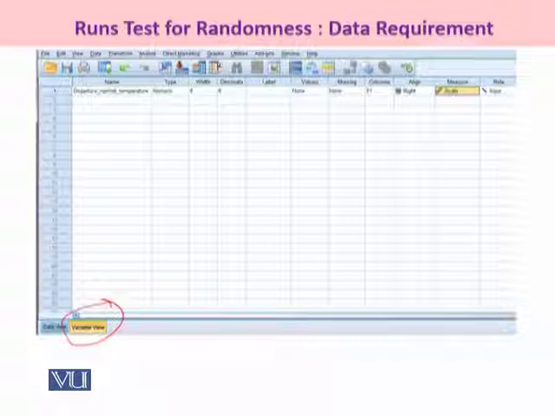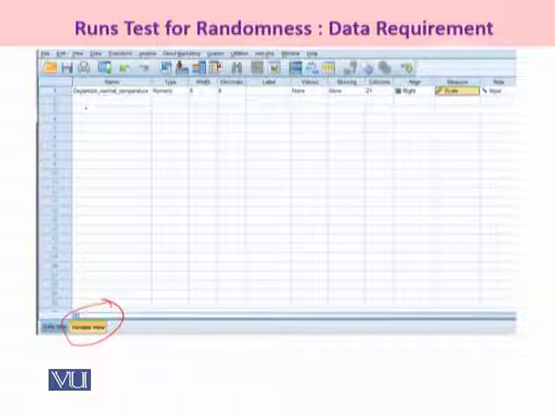And that variable of interest is, as you know, the variable of interest was named departure from normal temperature. Now, in order to define the variable name in SPSS, you would have to separate the words by making use of the underscore sign. If you press shift with the hyphen on your keyboard, you would get this underscore sign. So departure underscore normal underscore temperature is being defined as the variable